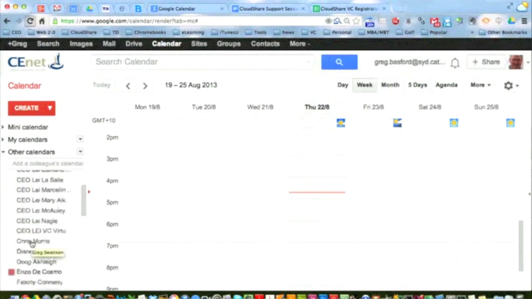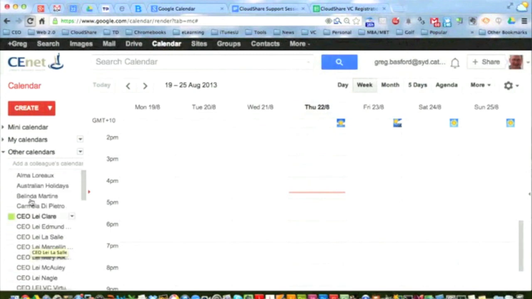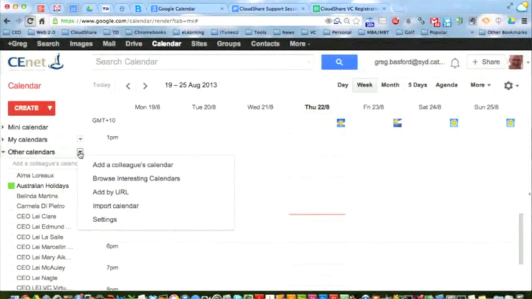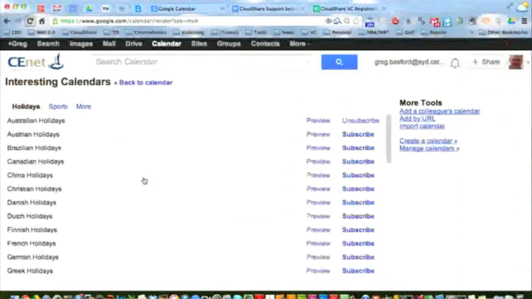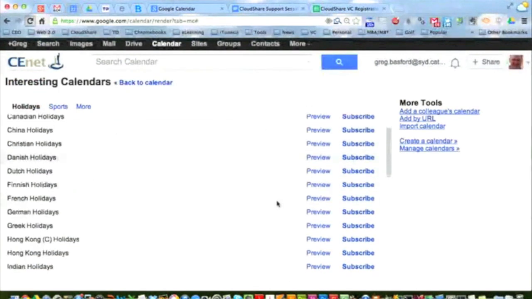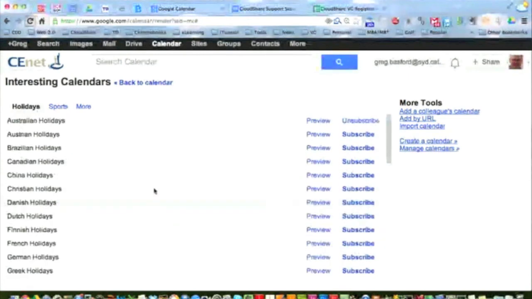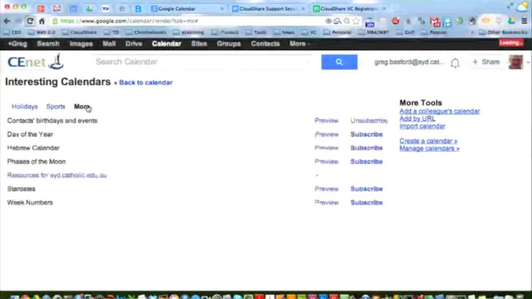where are we? Australian holidays, for instance. So if you've got any holidays coming up, I think there's a school holidays one there as well. I think what you do is you hit browse interesting calendars. Doesn't look like this. I thought there was a school holidays one there. UK holidays, etc. No, there's Australian holidays. But if you hit more,